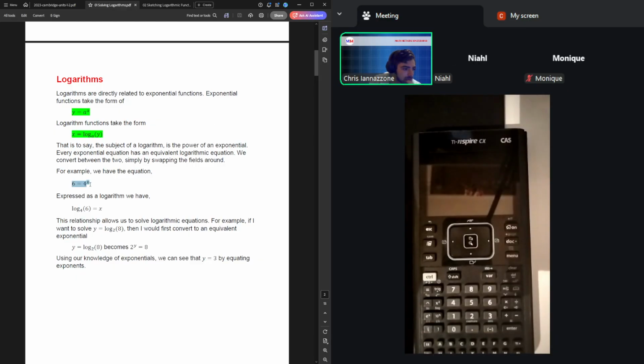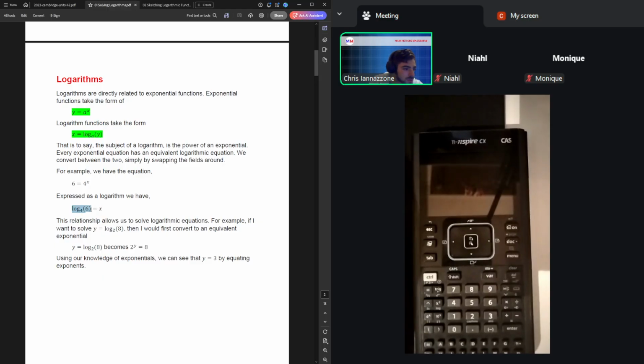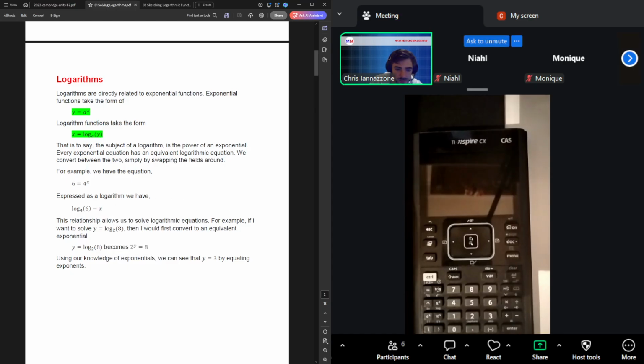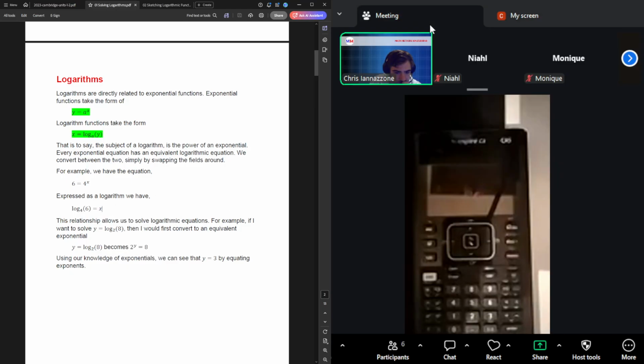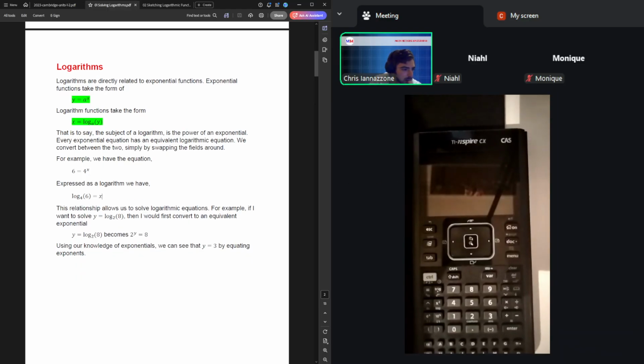As an example, we have a statement here, 6 equals 4 to the power of x. Expressed as an equivalent logarithmic statement, we have log base 4 of 6 equals x, right? Base of 4, log 4, 6 goes in the brackets, power of x. Any questions on the rearranging of that so far? If so, let me know. Otherwise,